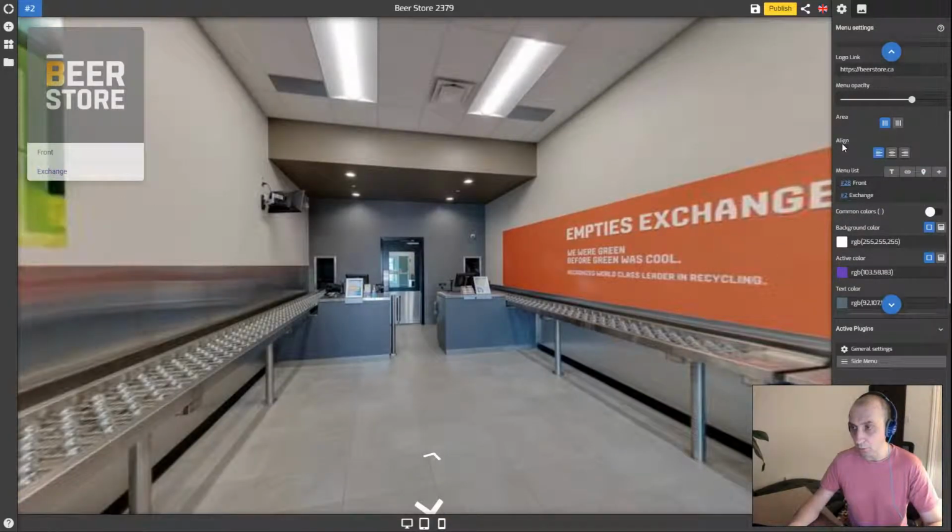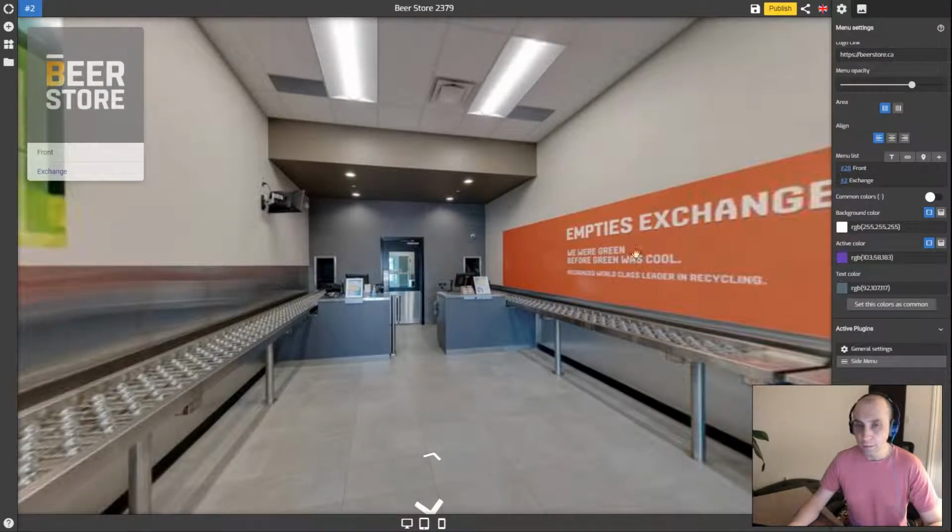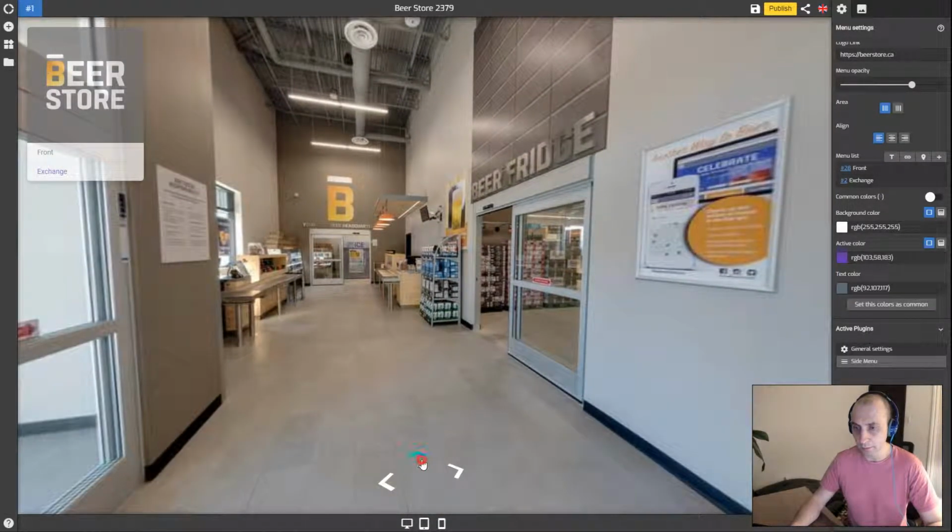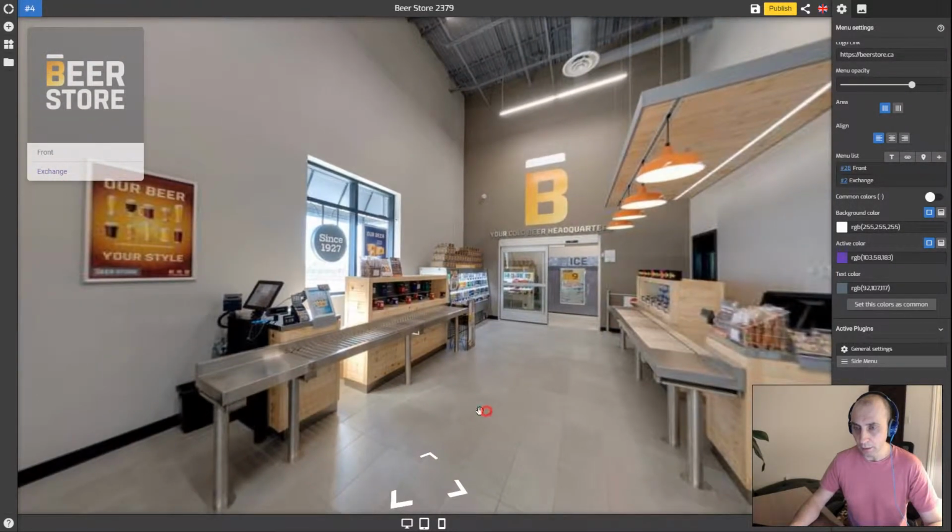And now we can go back to the alignment, and if we click on the center, that will be centered or right. Let's go back to the cashier area,